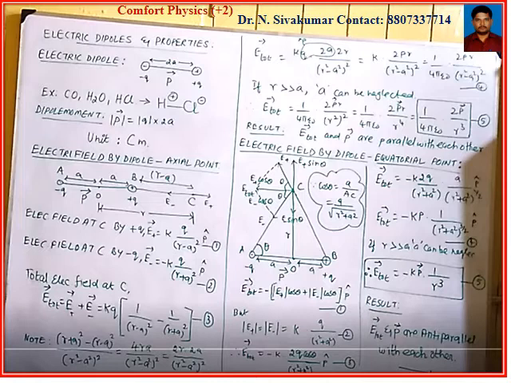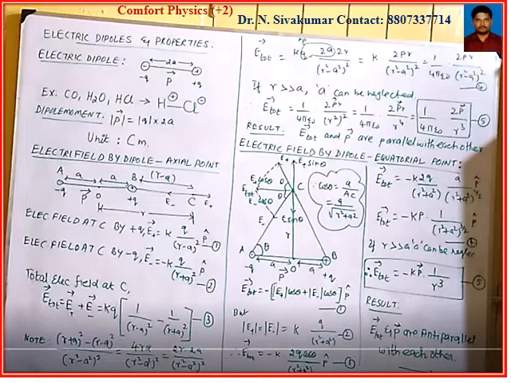Therefore, the final formula is 1 by 4 pi epsilon naught 2p divided by r cube. This is equation number 5. So in result, it is noted that the total electric field and dipole moment are parallel with each other. As we discussed earlier, the dipole moment direction is always from negative to positive, and here the total electric field value is always from left to right. Therefore, the total electric field as well as the dipole moment are parallel with each other. That is the result. You should write the result.